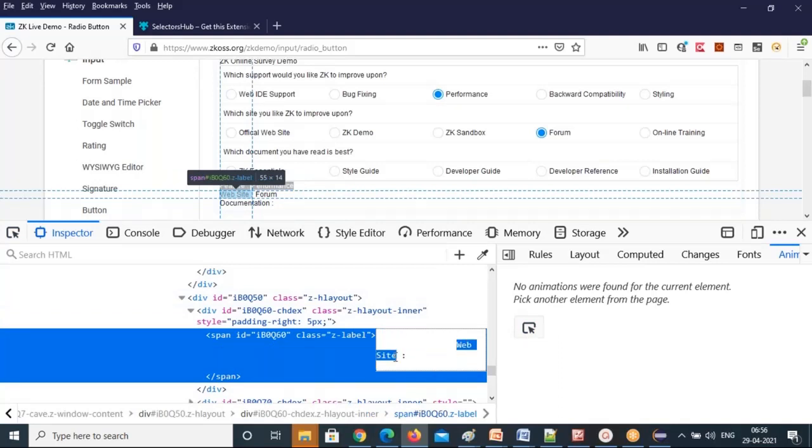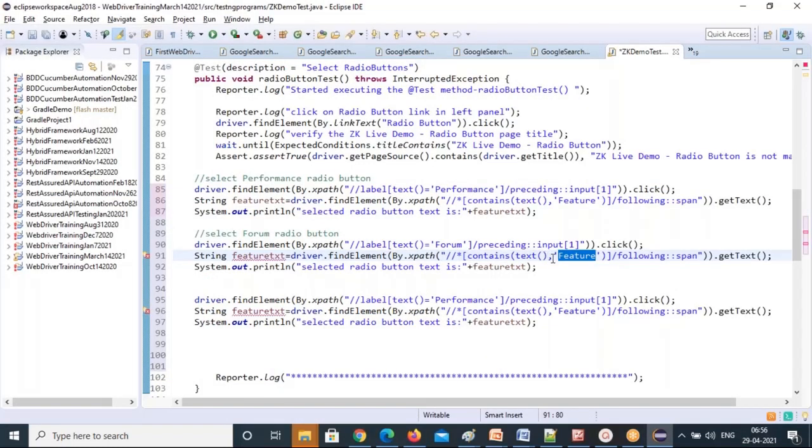Make sure you use contains or normalize-space, or take help from this value. Website text, website text. So we got that value. Select a radio button text, website text.